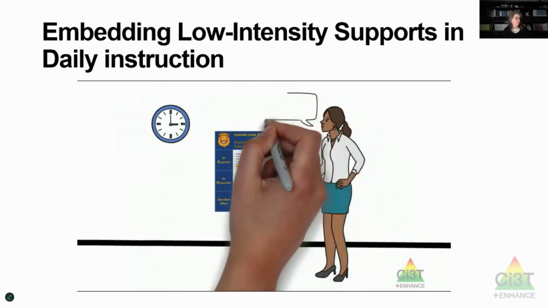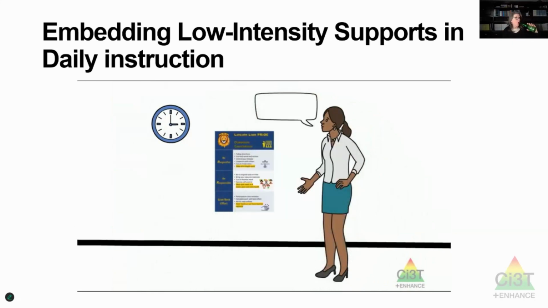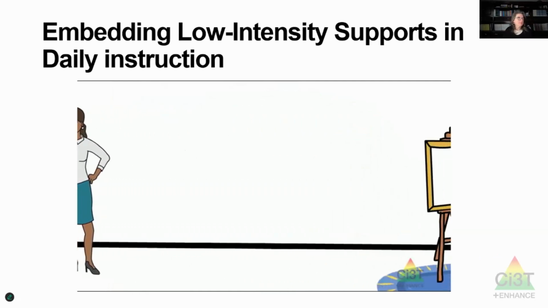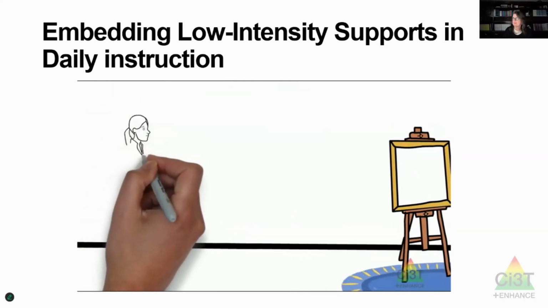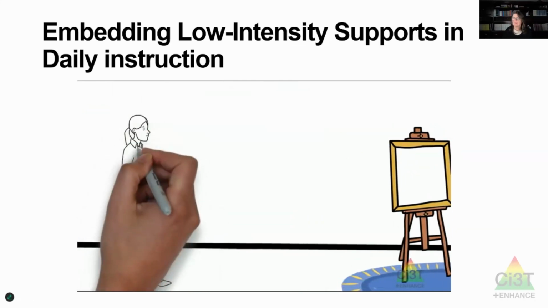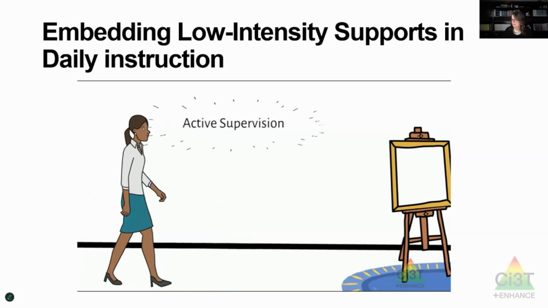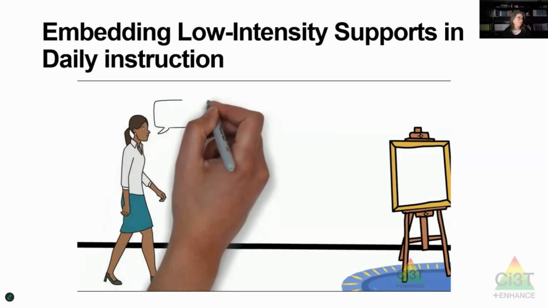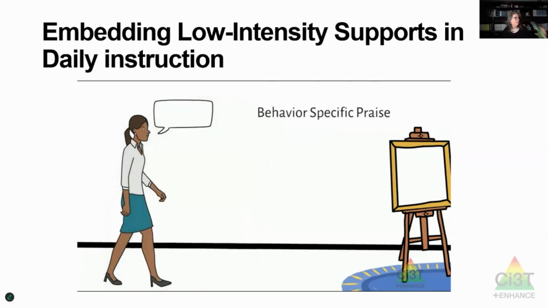Okay class, as you're moving to the rug for reading time, remember to show respect by going right to your square and keeping your voice at a level 1. As she sends students off to their designated areas, Miss O actively supervises the transition by moving throughout the room and keeping an eye out for students who are following the expectations so that she can acknowledge them with behavior-specific praise. Timmy, thanks for walking right to the carpet and sitting down. Sarah, looking good sitting crisscross applesauce in your own square.